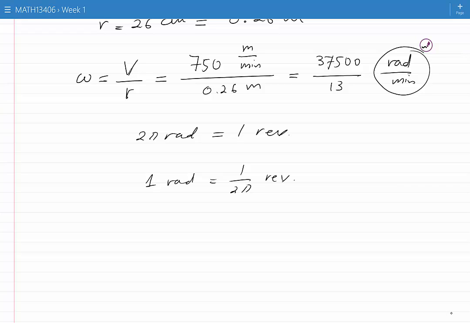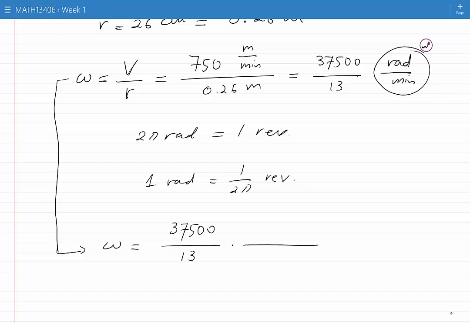If we sub this into the value we have for omega, we realize that omega is equal to 37,500 over 13 times, instead of 1 radian, now I can put 1 over 2 pi revolution, and instead of minute I can keep minute. If I simplify this, I am going to get 18750 divided by 13 pi revolutions per minute, which is approximately equal to 459.100797